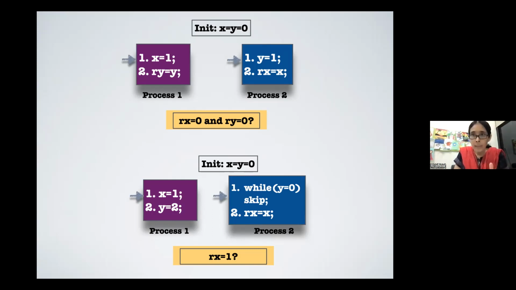Likewise, when the second process now makes a read from X, what is the current local view for process 2? The timestamp of X is 0, timestamp of Y is 7. So its local view is 0, 7. Again, it is trying to read from X. So it can choose from the memory pool any message whose timestamp corresponding to X is 0 or larger. Of course, it is free to read the message added by process 1, but it need not. It can easily and happily read the initial message corresponding to X, where the timestamp of X was 0,